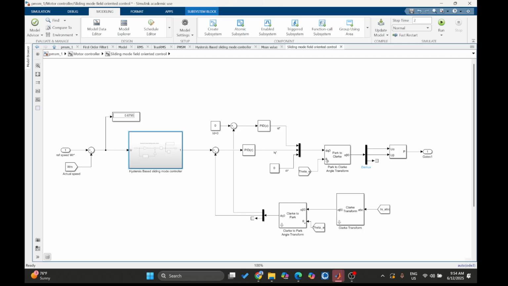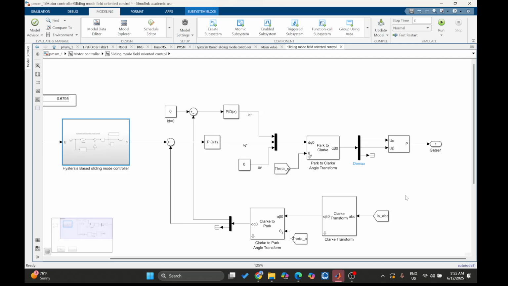The field-oriented controller block has an inner current loop, and the outer loop is a speed loop. This speed loop has a combined sliding mode controller. So the process inside the controllers: firstly the current loop, we have a classic vector control sequence where